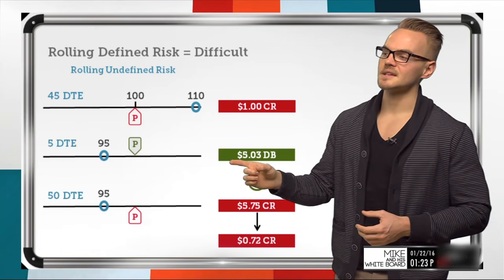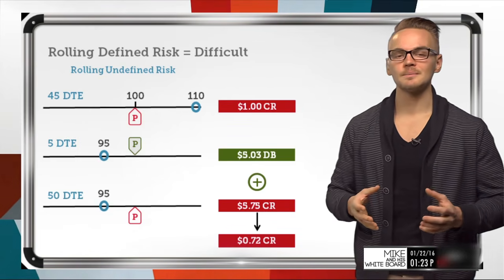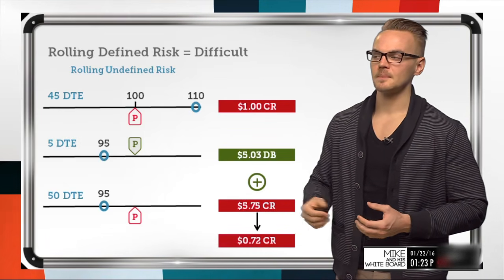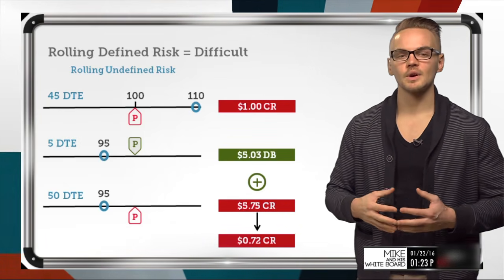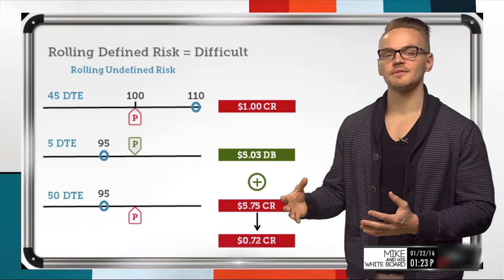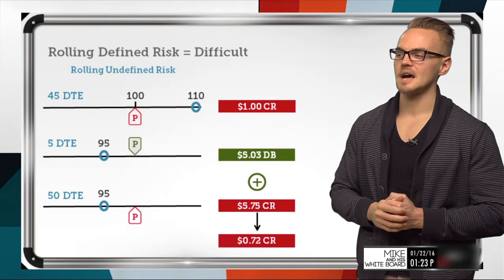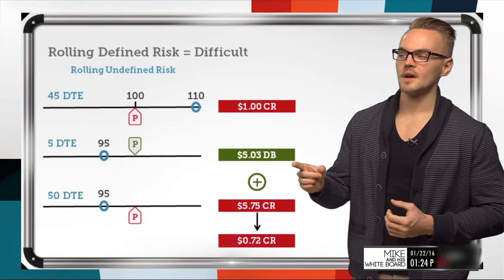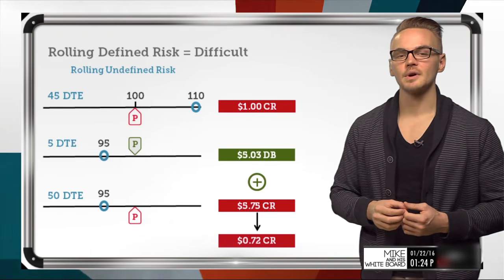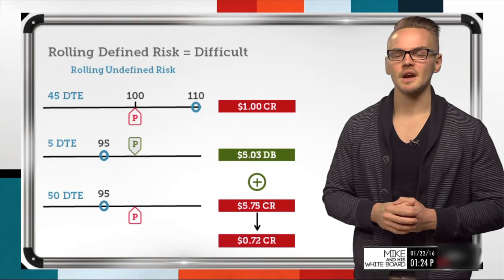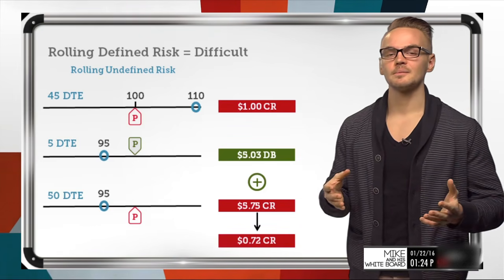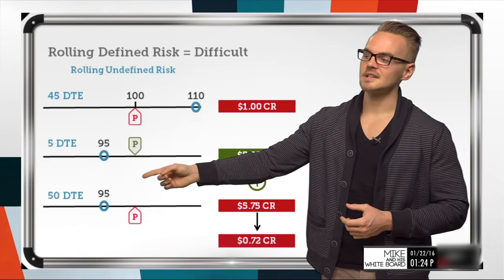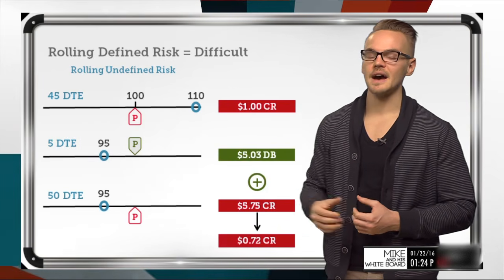And what's cool about this is that we don't acquire any more risk because really our option is on the 100 strike still. We're just adding more time. We're collecting the extrinsic value in this 50 days till expiration option. And basically, the only difference is the intrinsic value. So, of course, I'm closing this for more than 5 points, but I know that if I sell the same strike, it's going to be worth at least 5 points and more because of the fact that we're looking at 50 days till expiration as opposed to 5.